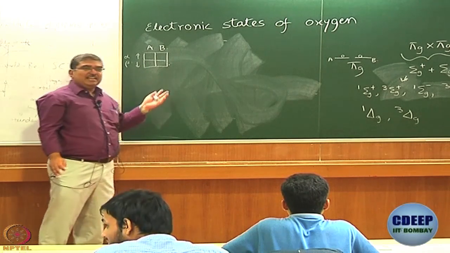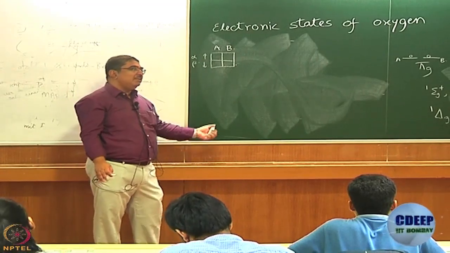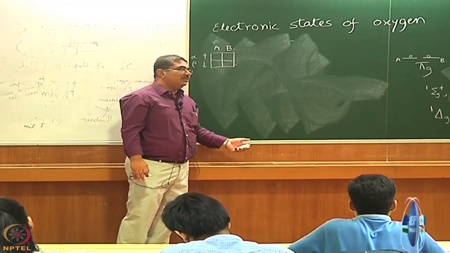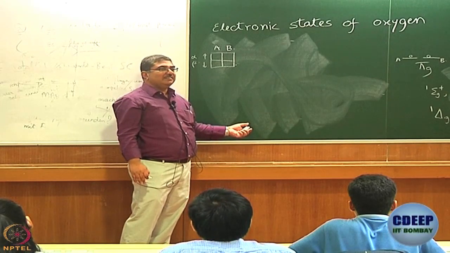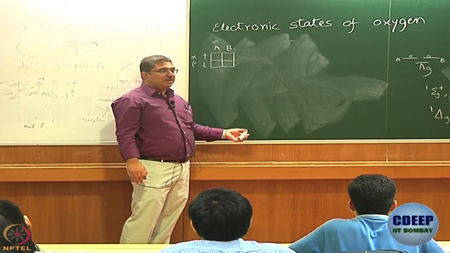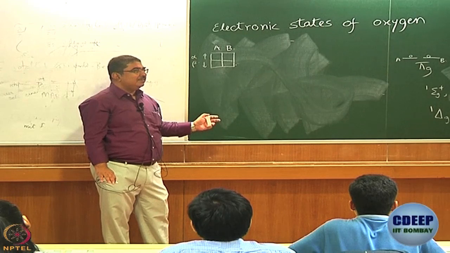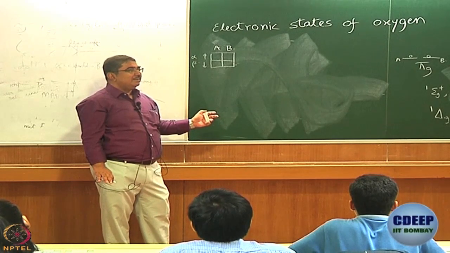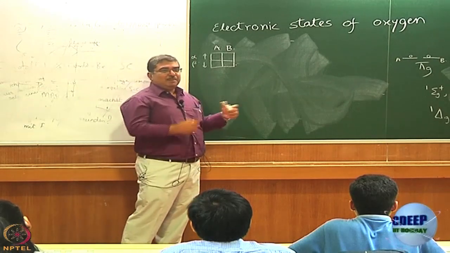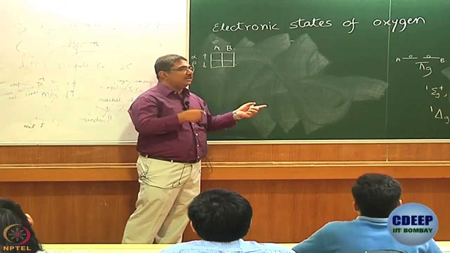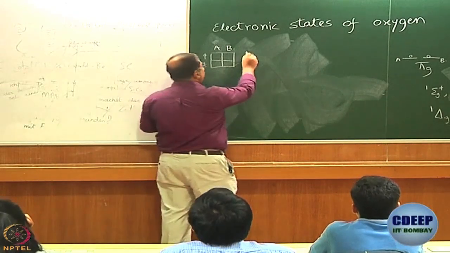4 places and 2 objects, 2 identical objects. How many ways can I fill 4 places with two identical objects, yes. 4C2, how much is 4C2? 6. Why is it not 4P2? Yes, the objects are identical, right? Permutation comes only when you distinguish between the objects. Here the combination is the only thing that is important. So, we know that we should be able to draw 6.